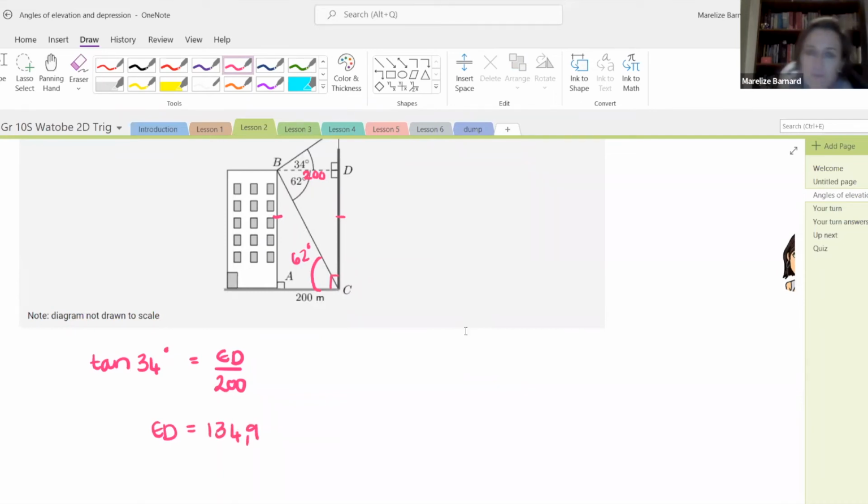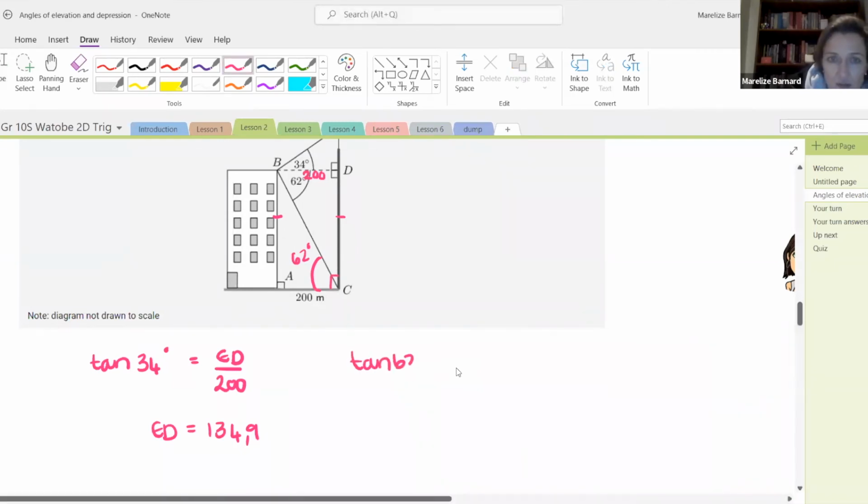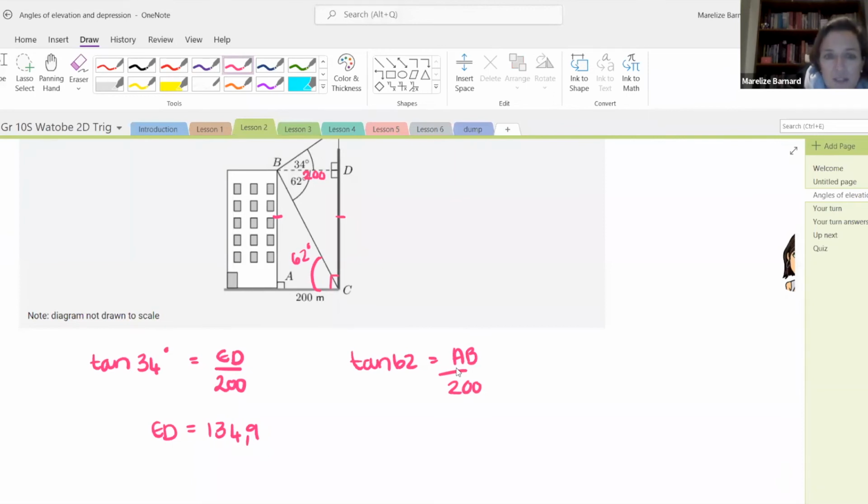134,9. Yeah. Just don't round to a whole number. Please round just to 2 decimal places as you are used to. Right, then tan of 62 we can use to work out AB. So tan 62 is AB over 200. Then we times again by the 200 and the tan 62, and then AB is